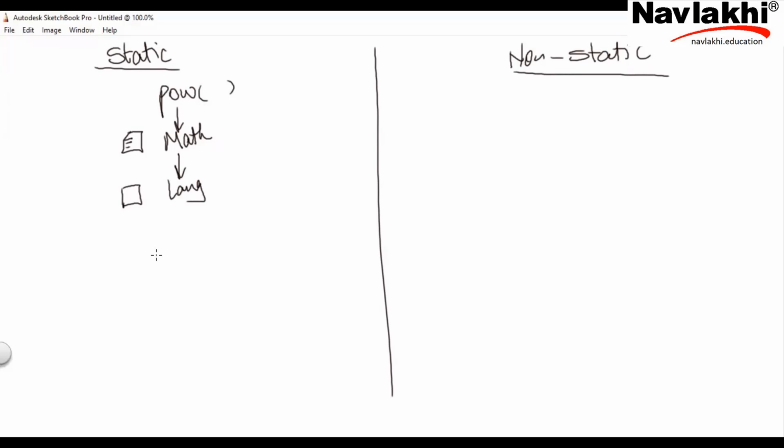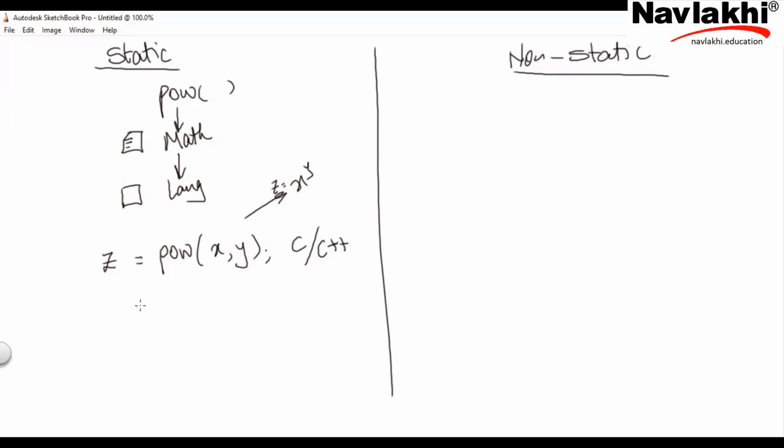Now if the function is static, which POW is, then when you use that function... In most languages like C, since I've not done C, but normally people have done C before doing Java. So in C, what we do is z = POW(x, y). This is how we do it in C and C++. We call the function and give the parameters. This is for x raised to y, and we take the answer in z. Mathematically, z is x raised to y. This is how we do it in C, C++.